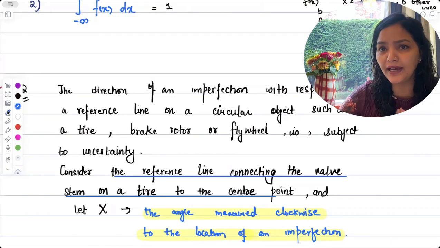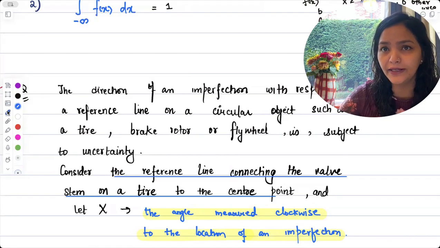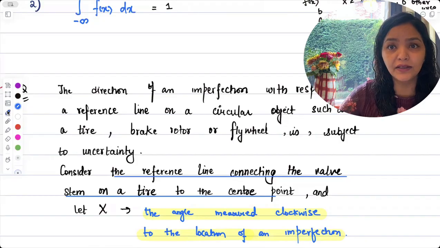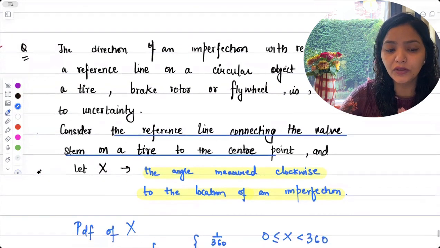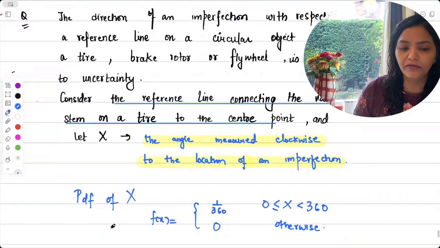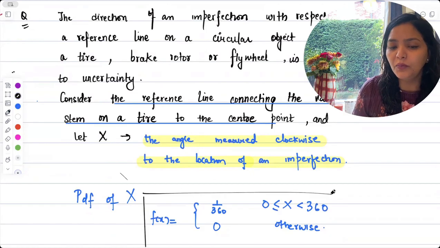It could be any angle from 0 to 360 degrees, right? You don't know exactly. That's why we are talking about probability here, right? So if it's any angle between 0 to 360, that means the probability of x to be in this circle has to be 1 upon 360. So here you can define the PDF of such an x to be f(x) equal to 1 upon 360,